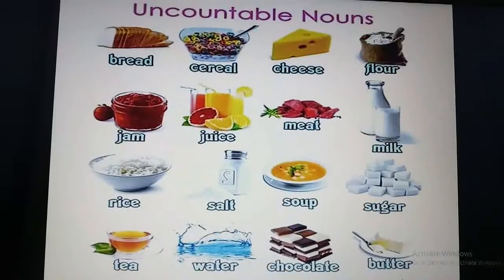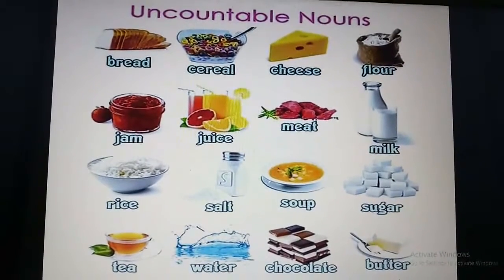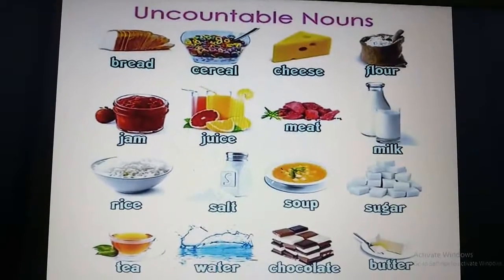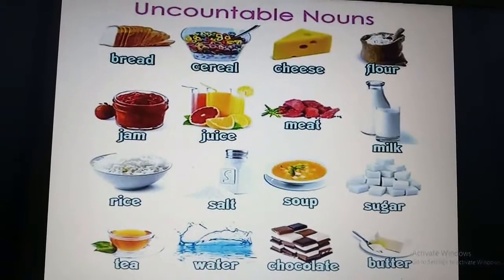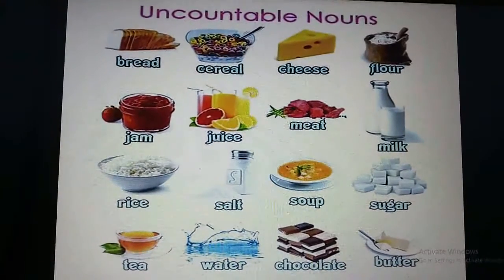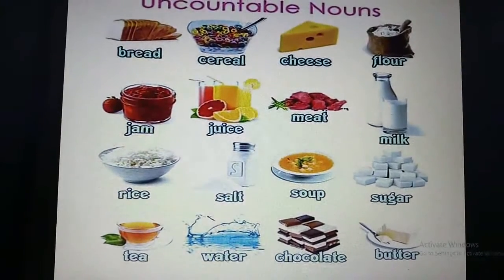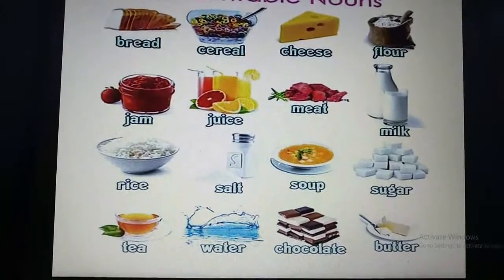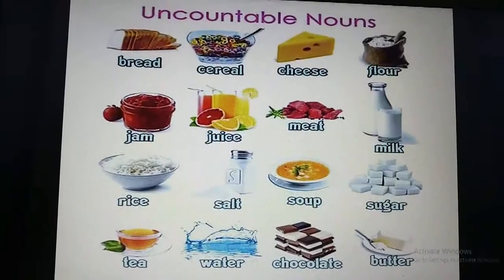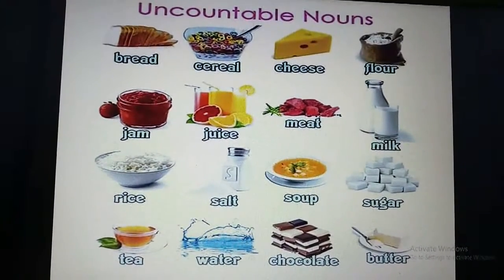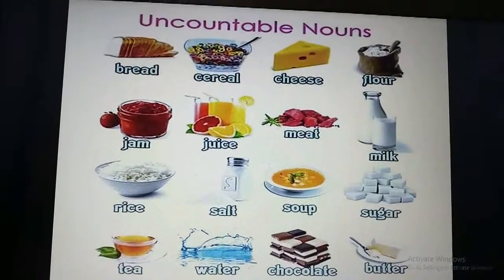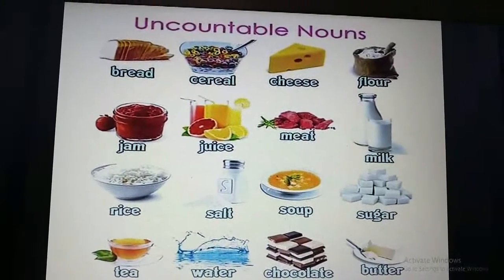Okay? Let's look at some examples of uncountable nouns. Bread, cereals, cheese, flour, jam, juice, meat, milk, rice, salt, soup, sugar, tea, water, chocolate bar, butter.